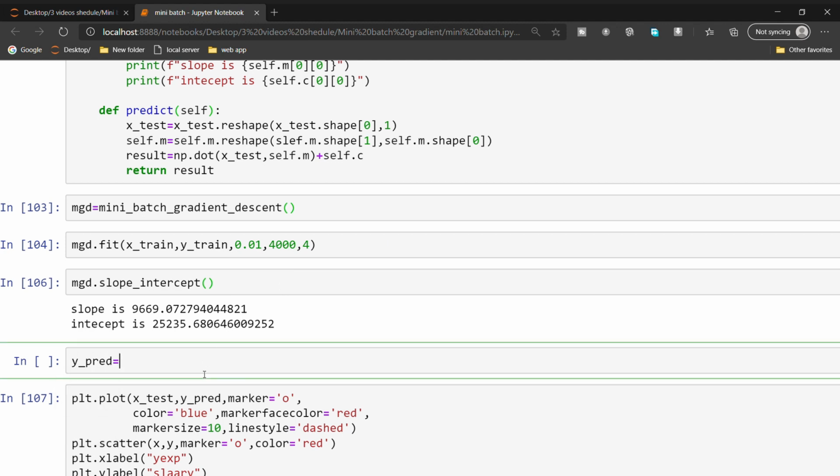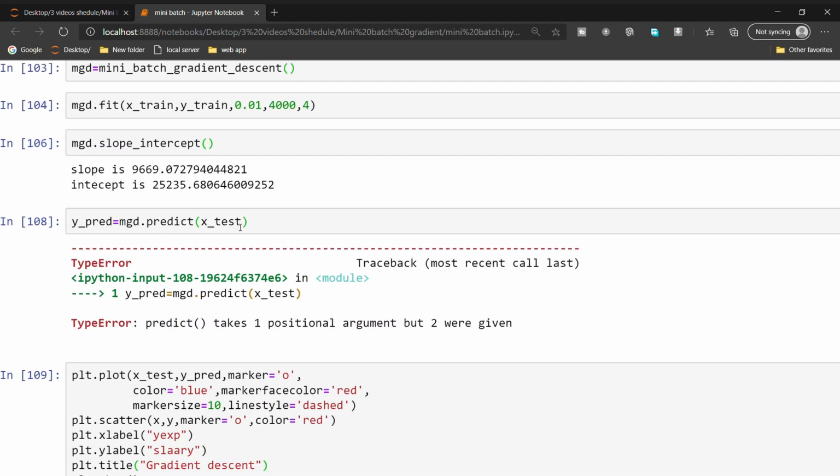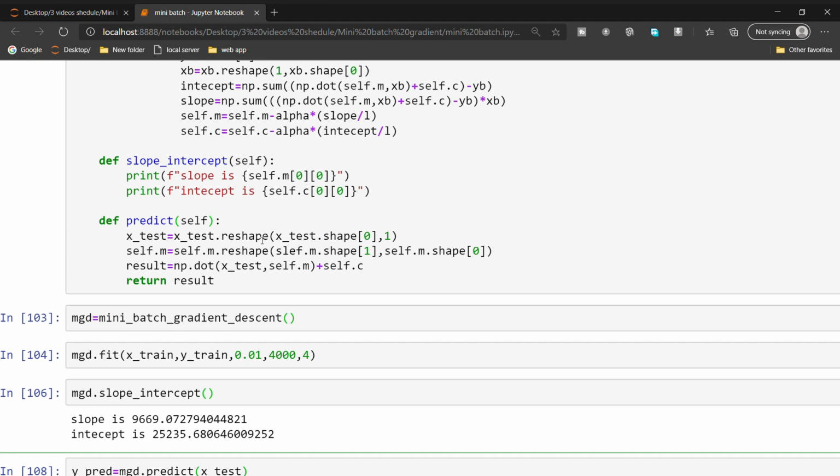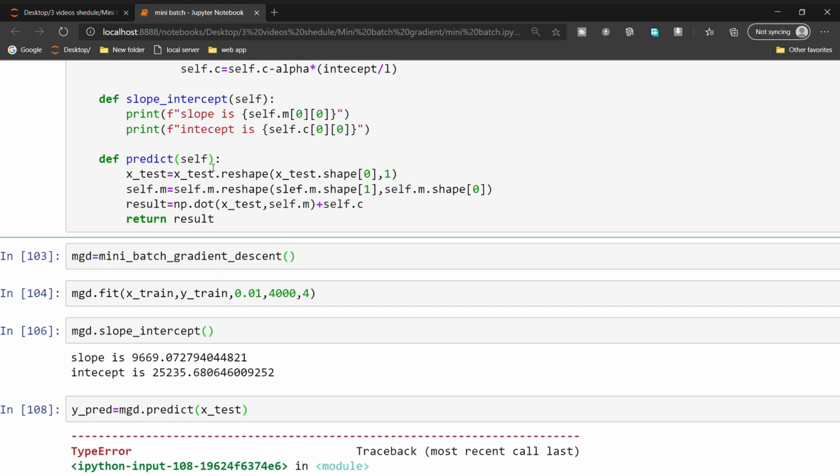Y predict equal to mgd.predict(x test). Sorry, we have to give the values. Yes, we need to pass the values, right? X test.